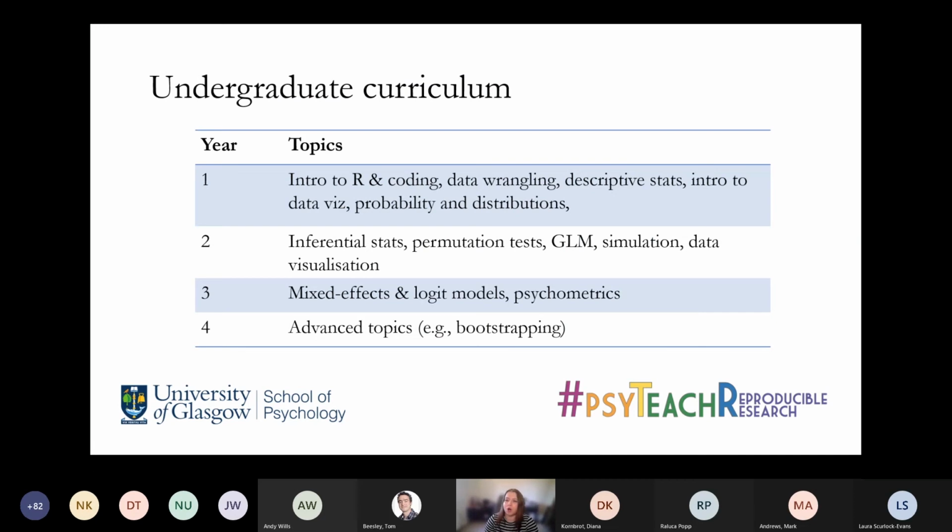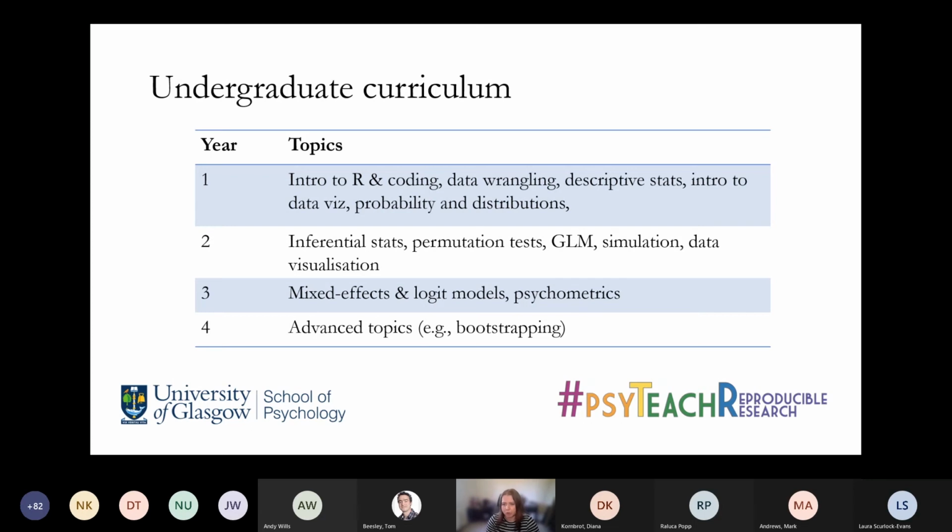So here's the overview of the undergraduate data skills and stats curriculum. In Level 1, we focus on getting them comfortable with R. So they do some basic data wrangling with descriptive statistics, they do simple visualizations, but we also introduce the concepts of probability and distributions, and we use some very simple simulation and probability functions in R to get them feeling more comfortable with this. And in Level 2, we then introduce inferential statistics, but again, with this strong focus on probability